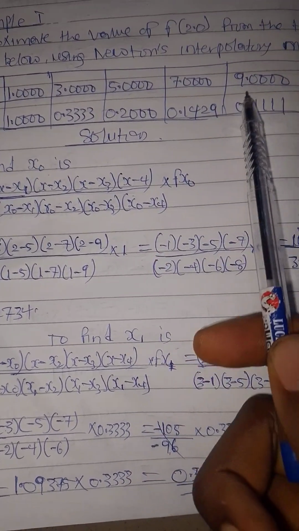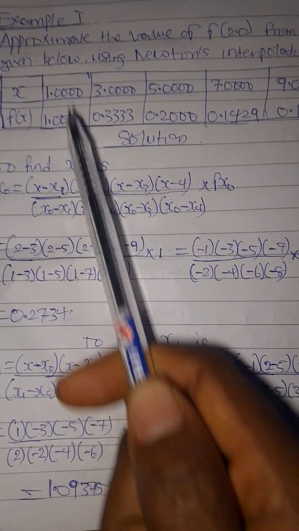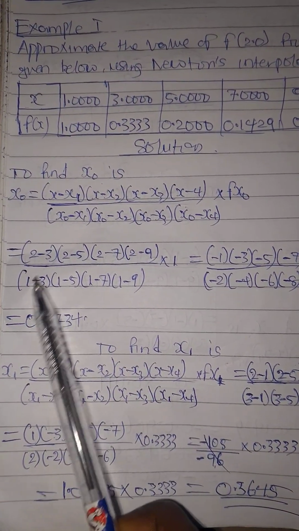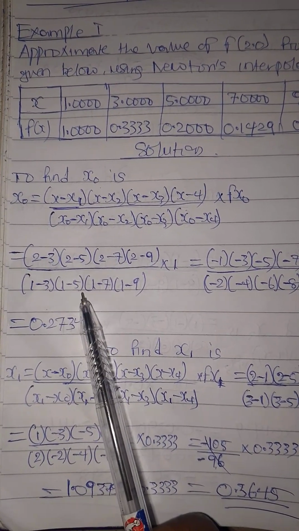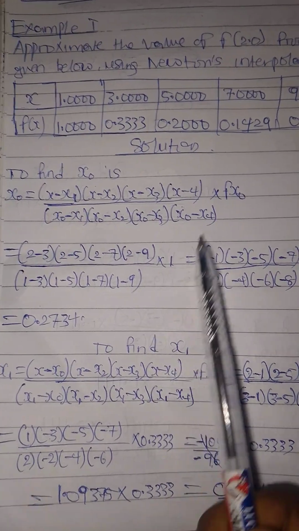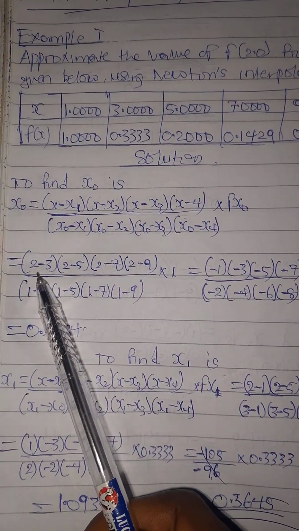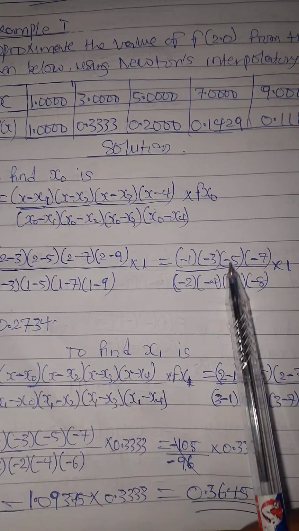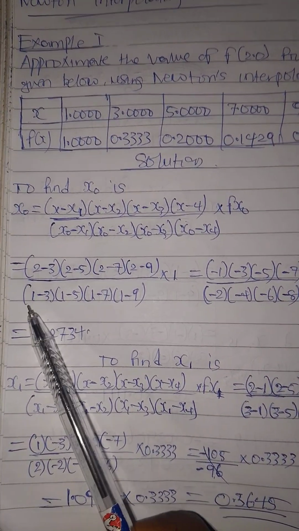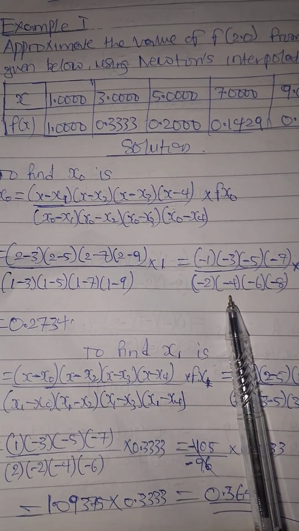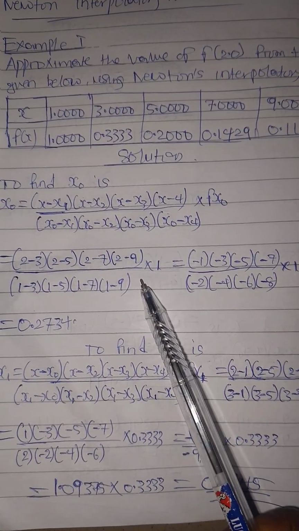and then 2 minus x4, which is 9, all over x0, which is 1, so that becomes 1 minus 3, 1 minus 5, 1 minus 7, 1 minus 9, times fx0, which is 1. Okay, so 2 minus 3 is minus 1, 2 minus 5 is minus 3, 2 minus 7 is minus 5, 2 minus 9 is minus 7, all over 1 minus 3 is minus 2, 1 minus 5 is minus 4, 1 minus 7 is minus 6, 1 minus 9 is minus 8, now times 1,